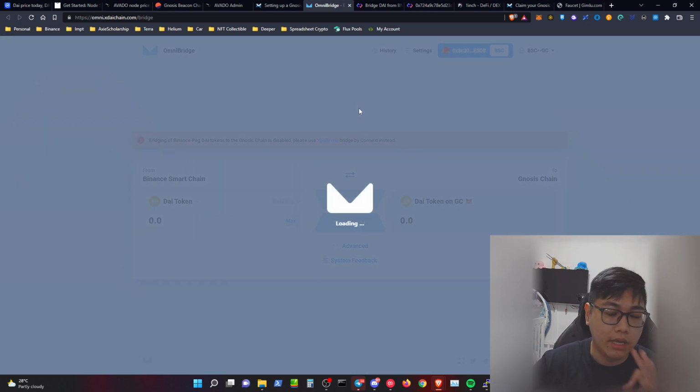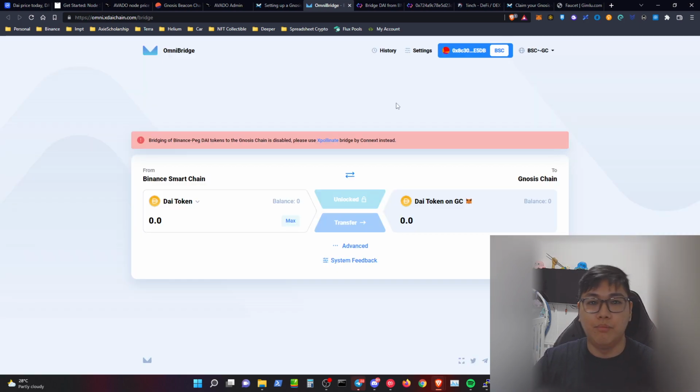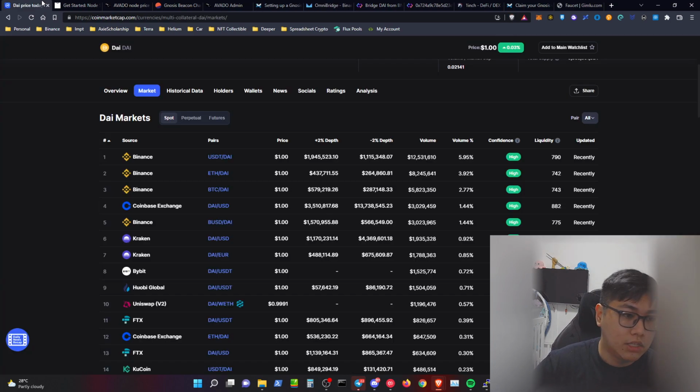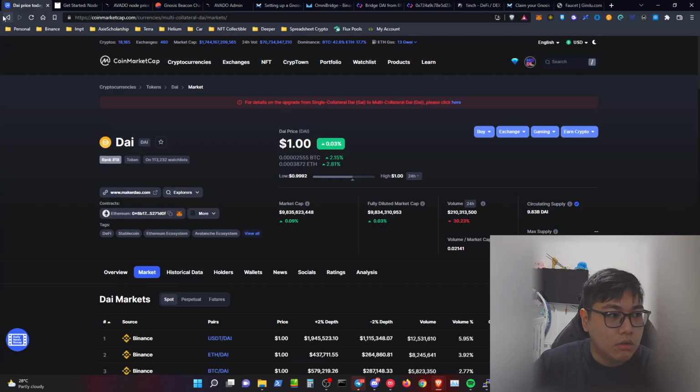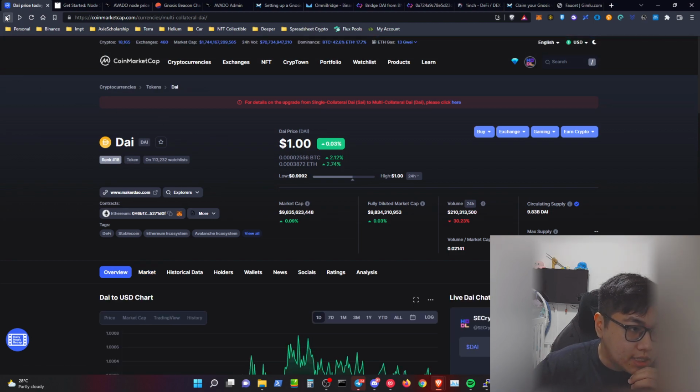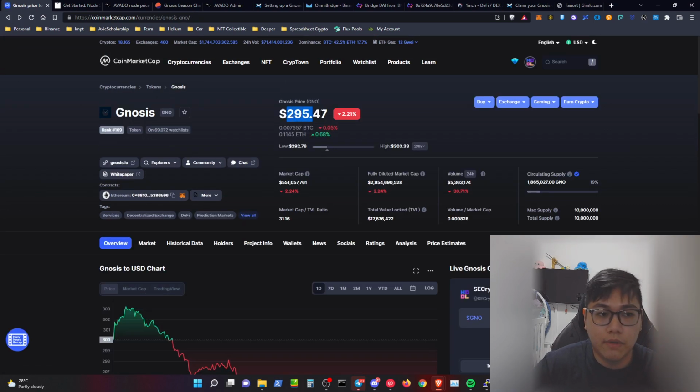So where do I buy my DAI token itself? Simple. It is from Binance, and after that from there just withdraw it. So first of all, you will need to have some DAI tokens. I would recommend you start off with at least 1 GNO worth, and to see how much 1 GNO is worth, just use CoinMarketCap to determine. So just head back to GNO, and over here we can see that currently 1 Gnosis token is worth 295. So I would recommend you to have at least 330 worth of this DAI token to withdraw out,